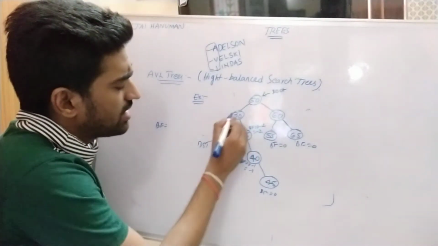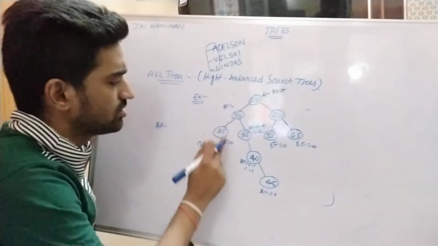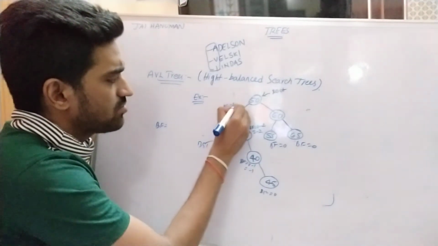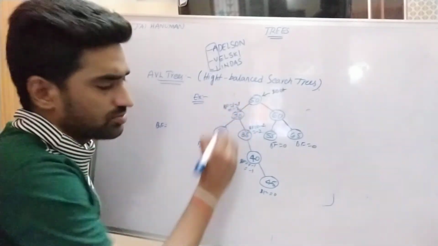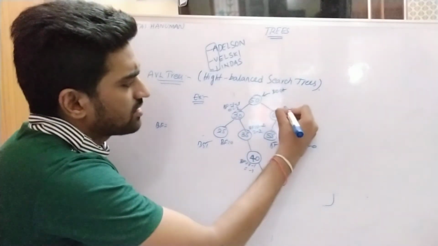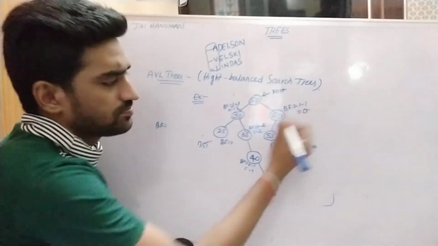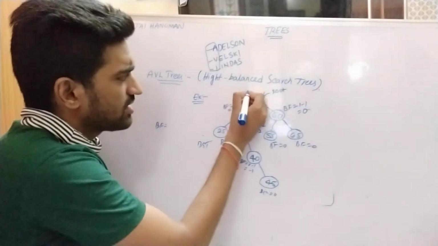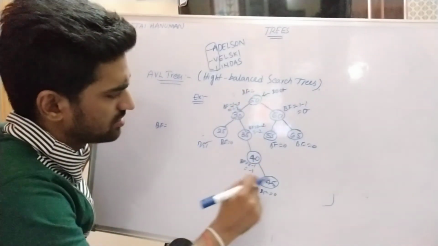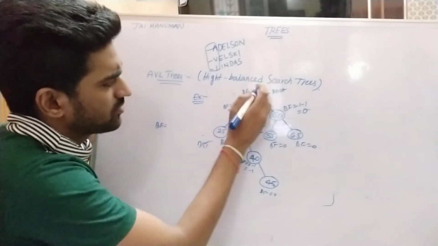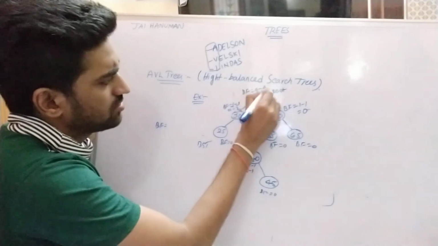Then I am calculating the balancing factor for this one. So here the balancing factor is equal to height of left subtree 1 minus 1, 2, 3, which is equivalent to minus 2. Here I am calculating the balancing factor for this one, 1 minus 1, which is equivalent to 0. Fine. Then here I am calculating the balancing factor for this one. So what is the longest path for this one? This one, right? 1, 2, 3, 4. So 4 minus the longest path 1, 2, which is equivalent to 2.